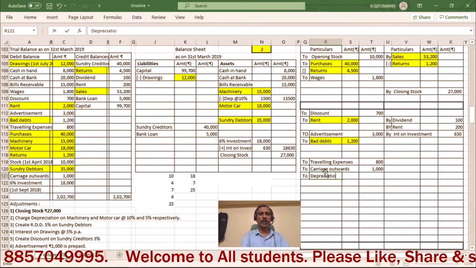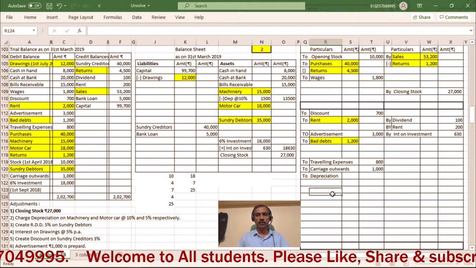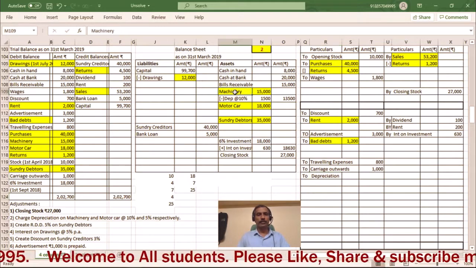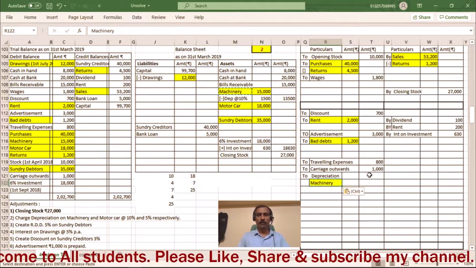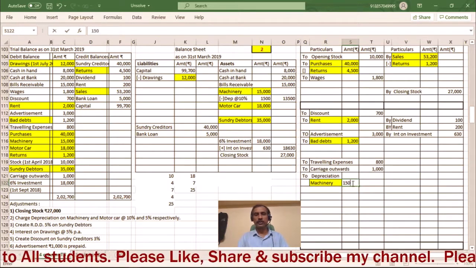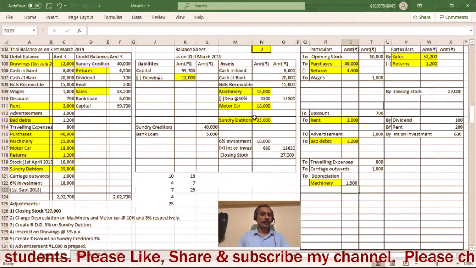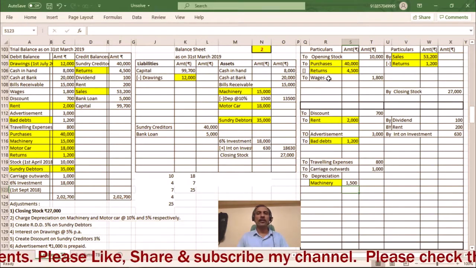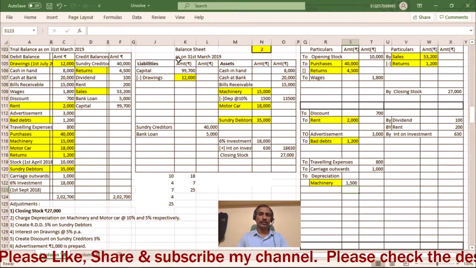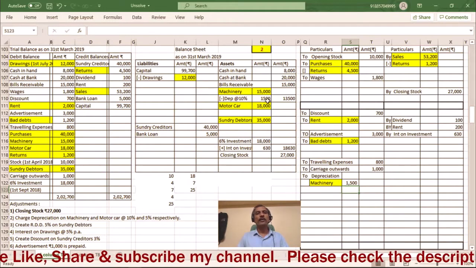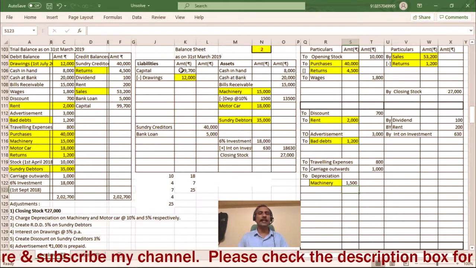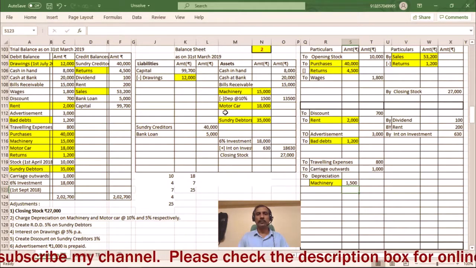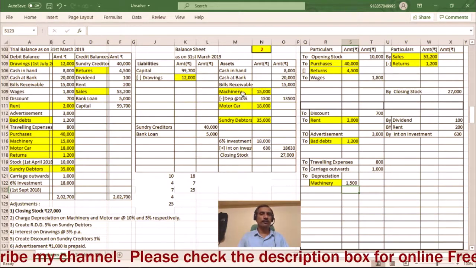There are two adjustments on depreciation. So here machinery, we have reduced machinery by 1,500, which means this is our loss. This profit and loss account is a nominal account, debit all expenses and losses, and we have to show the true picture, or true and fair value, of all assets and liabilities. So we have to less this depreciation from machinery.